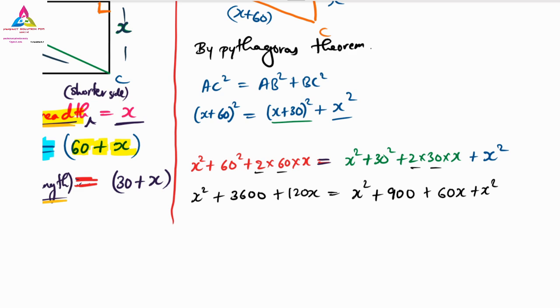So we will bring all the terms one side. So here you can have x square. One thing we will do, I will write down 120x first, then I will write down 3600 next, then I will write down first continuation. x square plus x square is 2x square. Here we have plus 60x, and here I have 900. So I am simplifying, I am writing. If you have a doubt in between, you can stop me and you can ask.